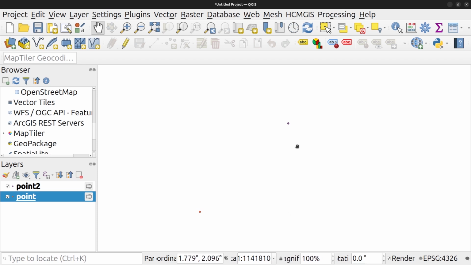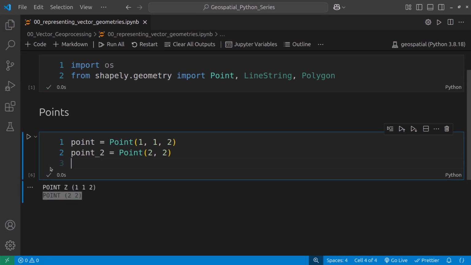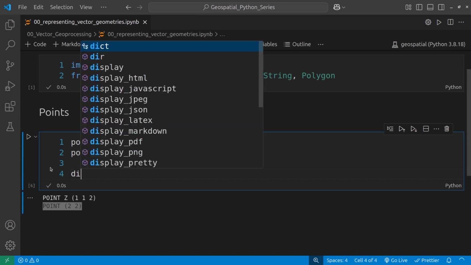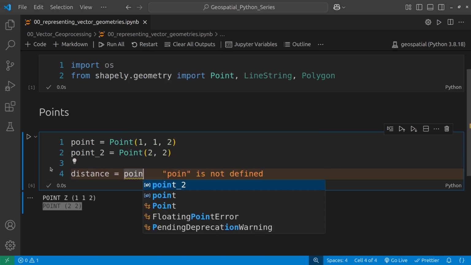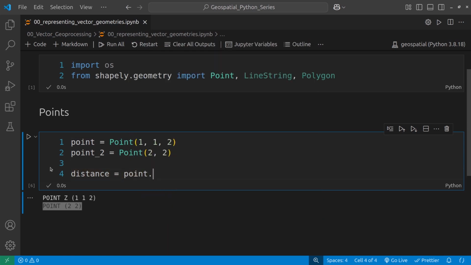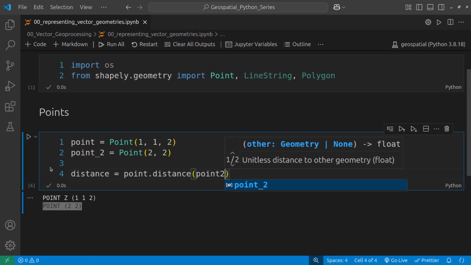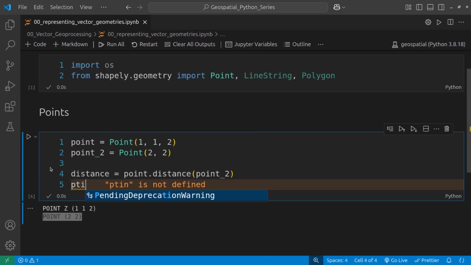And we can perform some basic operations on them. If I want the distance between the 2 points, I can now say, maybe, distance from point 1 to point 2. I can say distance is equal to point dot distance, and I pass in the other points. So I pass in point 2. When I do that and print out the distance,